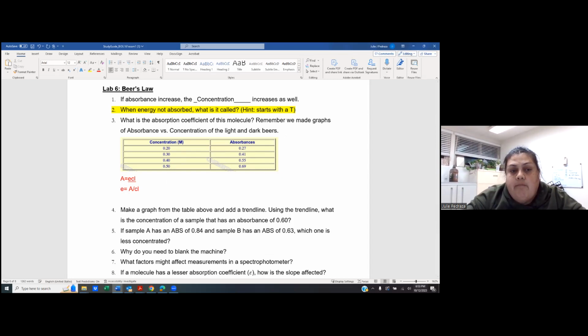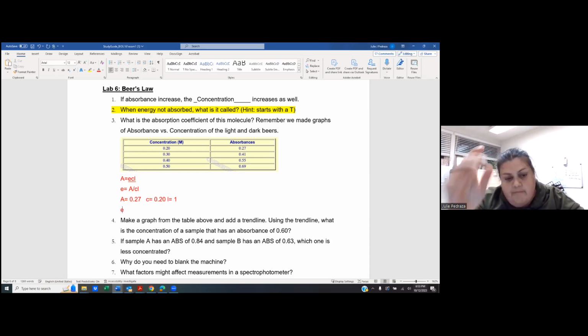So A for the first one is 0.27. Concentration 0.2. Length is 1 because it's 1 centimeter of the cuvette. Okay. So when we plug this in,